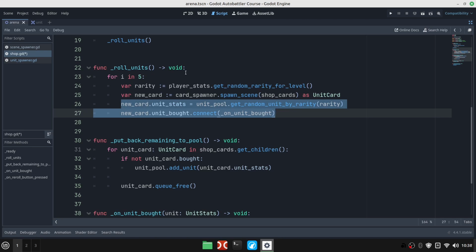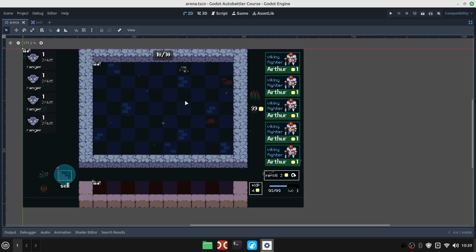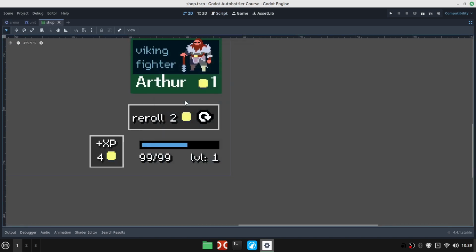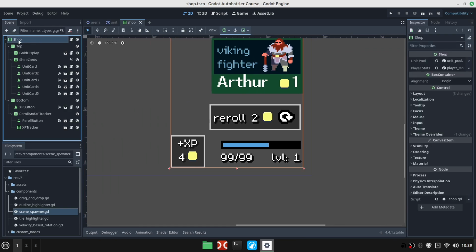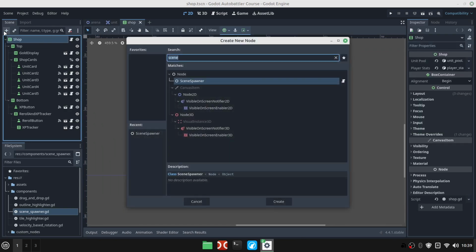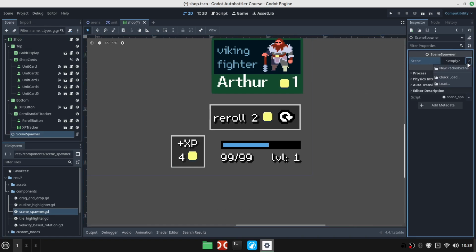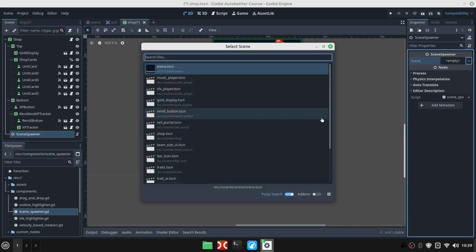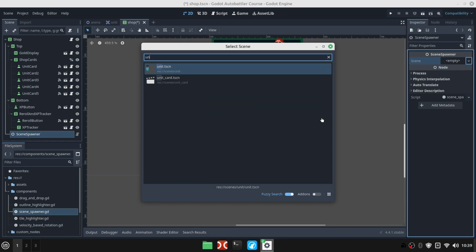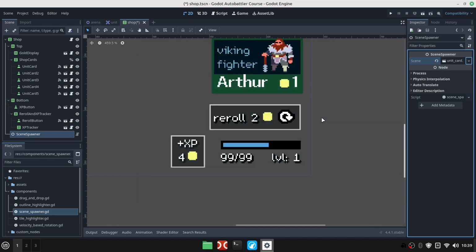So this should be good to go. Let's save the script with Control S, but let's not forget that we haven't added that scene spawner component yet. So let's go back to 2D view, press Ctrl Shift O, search for shop.tscn, and with the shop selected, let's click on the plus sign or press Ctrl A, add a scene spawner, click on create, and again we can click on the arrow and quick load the packed scene we want, and this time it will be unit_card. That's the scene we used to spawn,